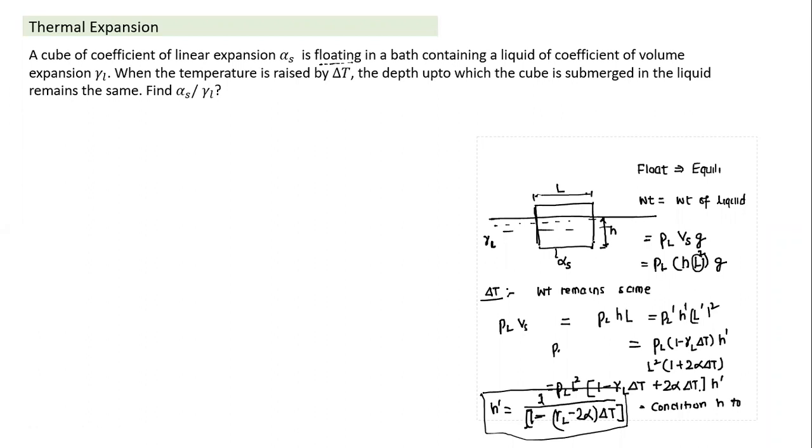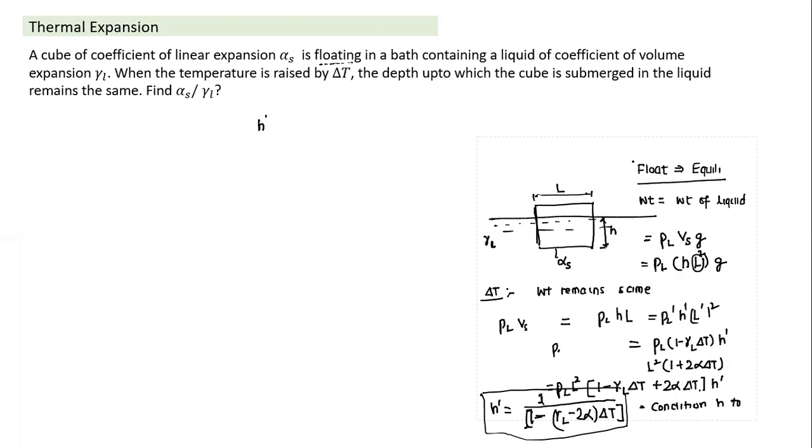Okay. Tell me how did we arrive at this? Basically, if a question comes with a change in temperature, and gamma value is given, L value is given, density of the liquid is given, all terms are given, you have to calculate H dash. How would I calculate the new depth of submergence H dash? First, we have to find the effect of temperature, sir. H dash will change, L dash will change, and there will be a change in the density of the liquid also, right, sir? Yes.